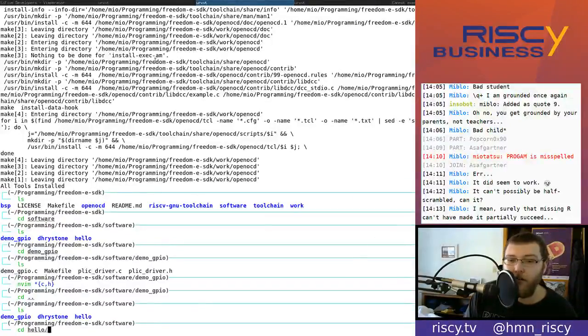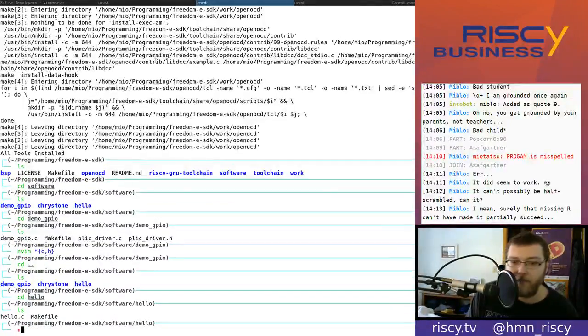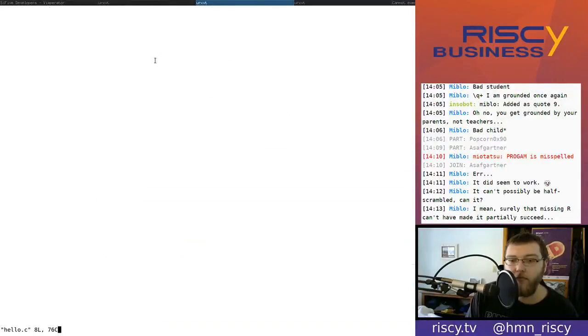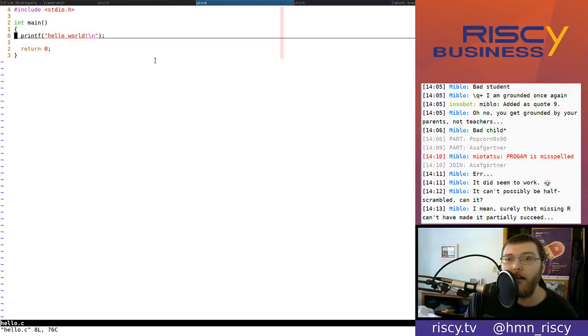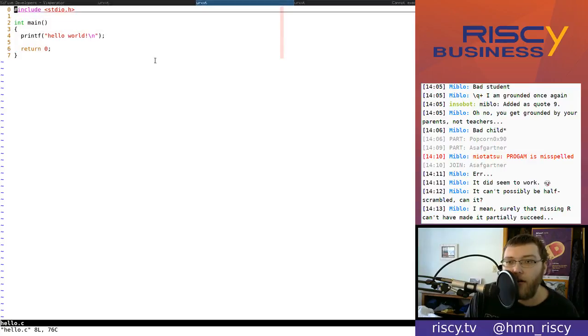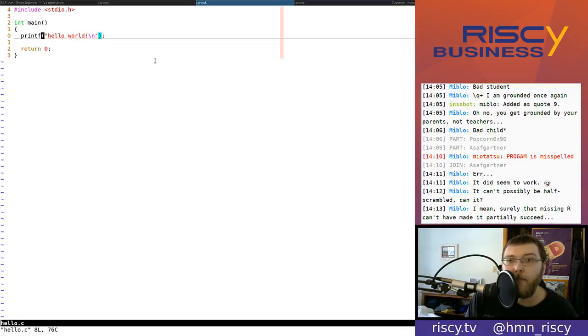So if we go to hello, here is a simple hello world. Apparently we have the C standard library compiled for RISC-V because we can do a printf. So I'm just going to say this. We are going to say